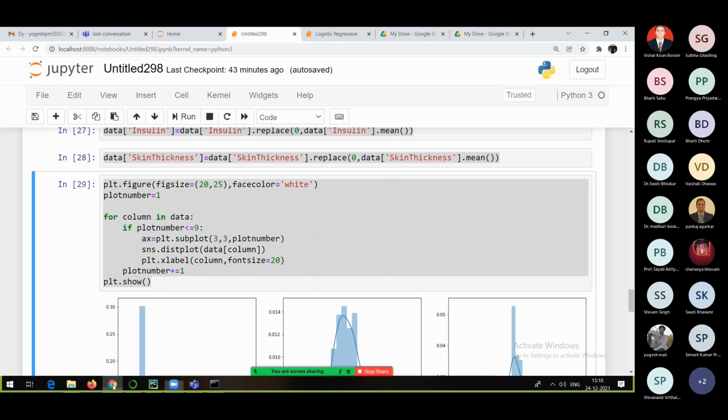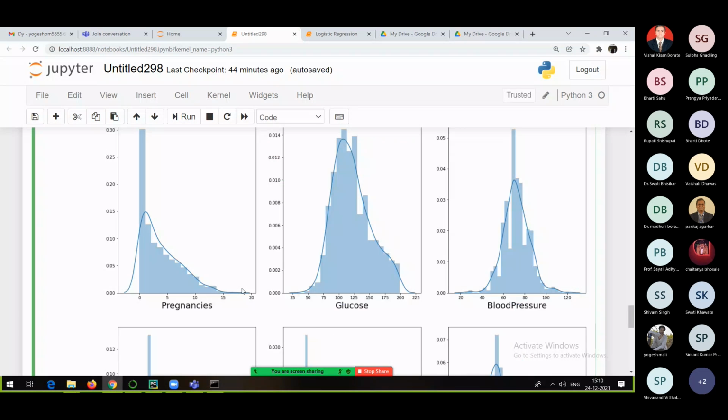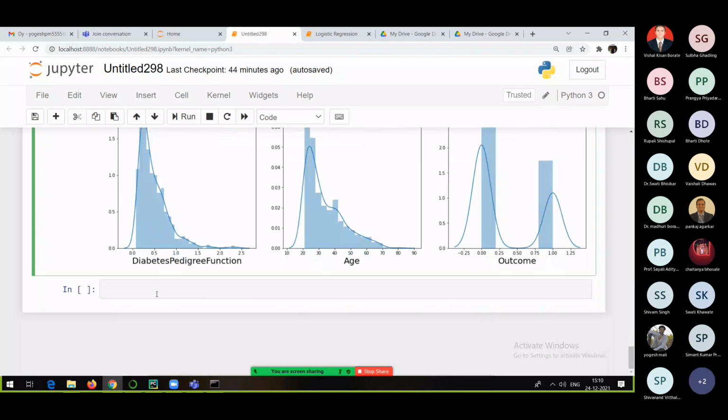So yes, we got the data, and as compared to earlier it looks better. Now, what is the next thing? We want to see whether there are outliers also present because still there is some skewness in the data. So what I will do is I will try to check out are there any outliers present in the data.